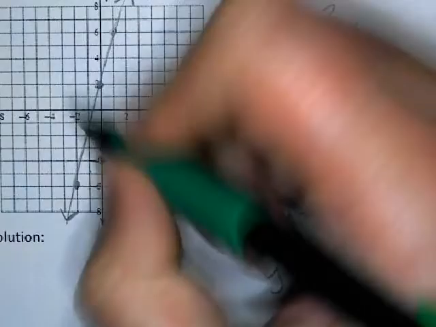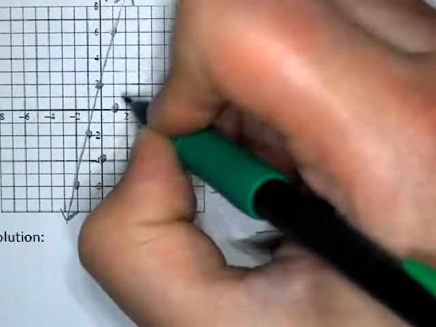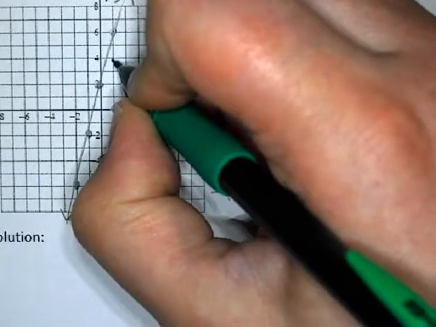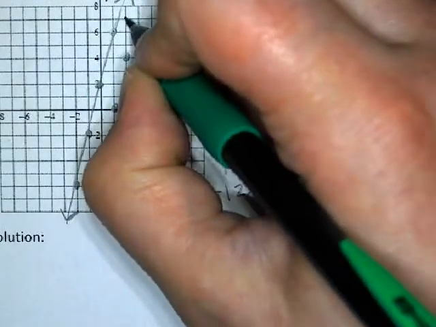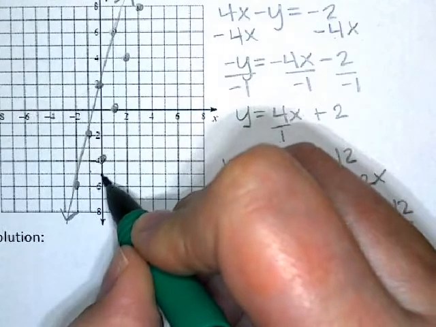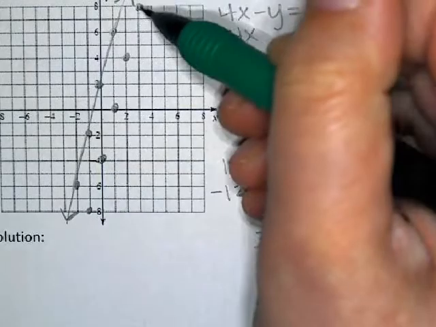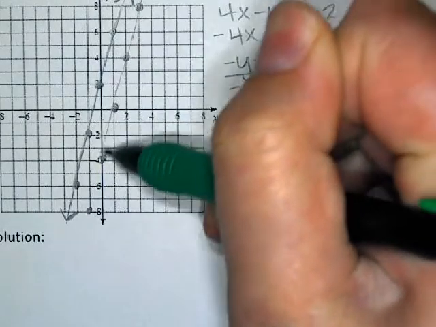Then I'll graph that slope. Up 1, 2, 3, 4 over 1. Up 1, 2, 3, 4 over 1. And I've run out of space, so I'm going to go the opposite direction. Down 1, 2, 3, 4, left 1. And if I look at these two lines,